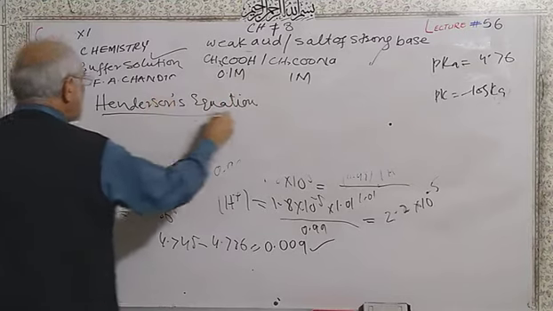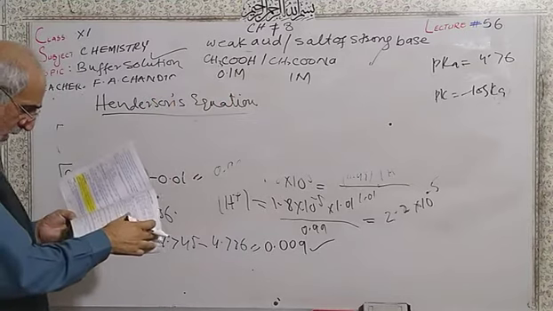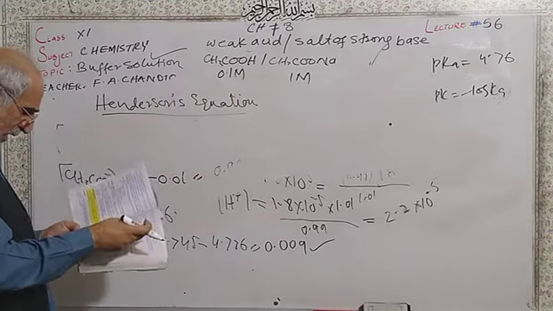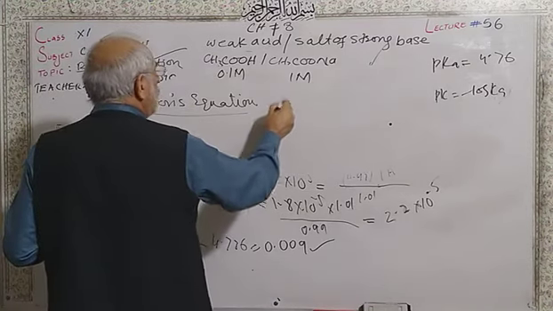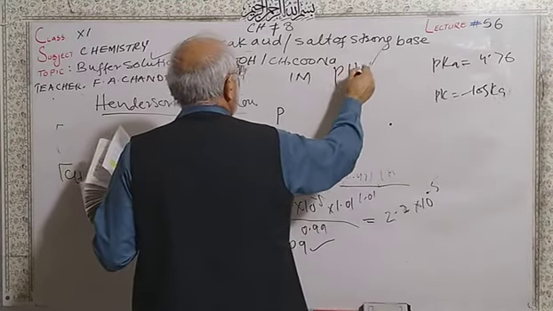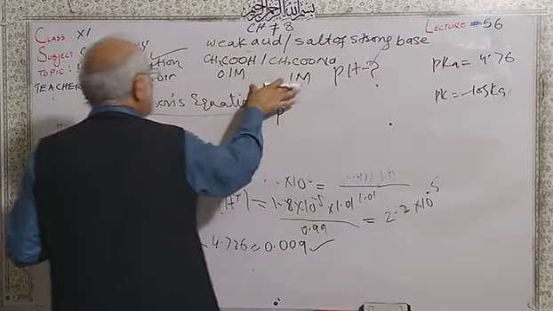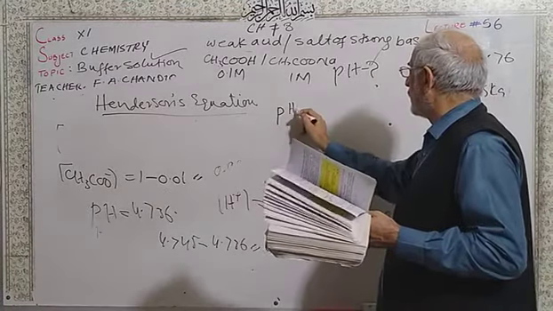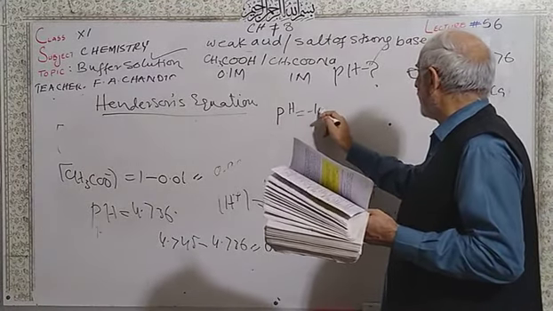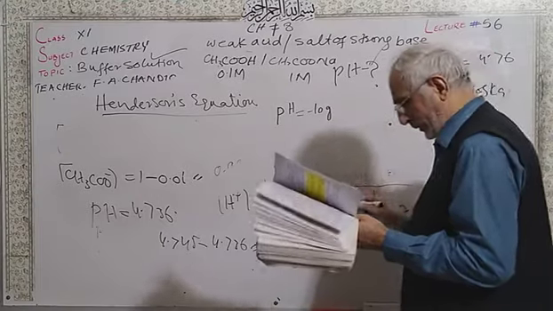We use Henderson's equation. This Henderson equation is for pH. We want to calculate the pH of the buffer, if these concentrations are given and this is the pK value. So pH is equal to minus log